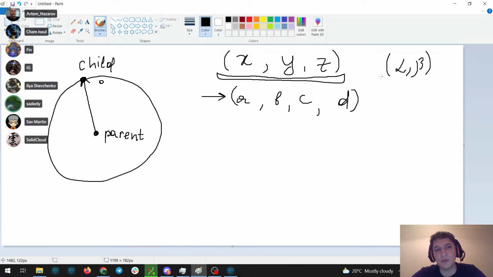And the same goes for our points which we want to interpolate on a sphere.